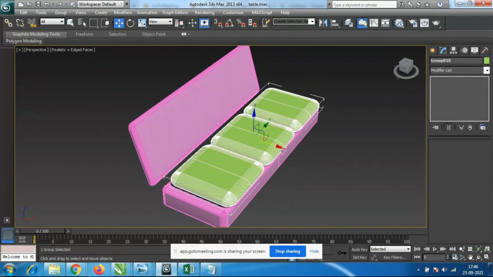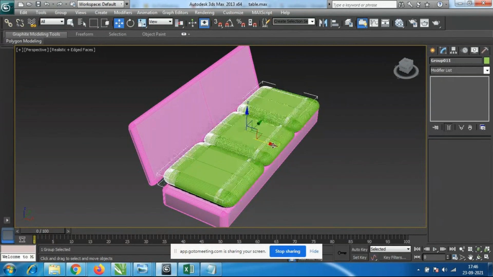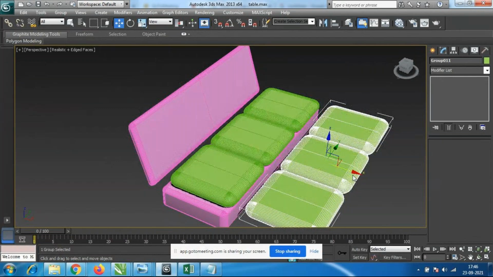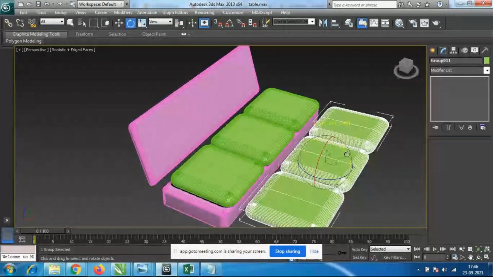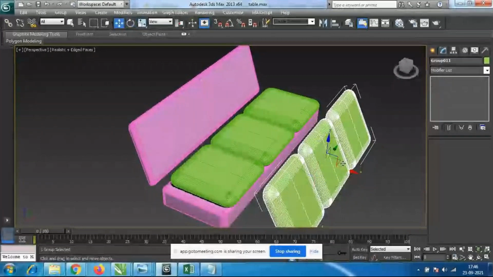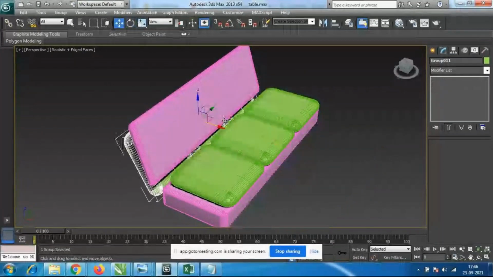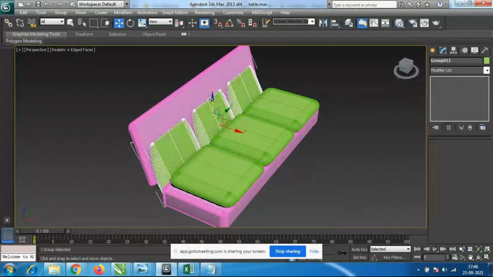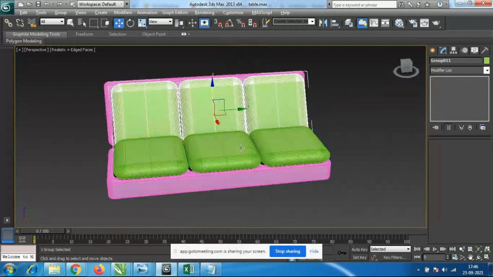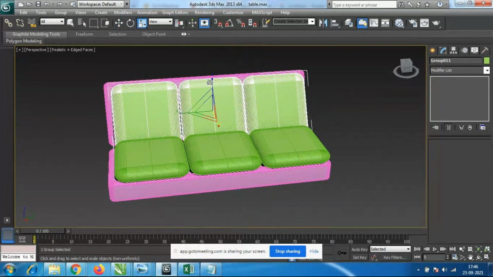Then I will take the copy of this. Okay, I'll take the copy of this. Just give OK and rotation. You will press E and the rotation like this. So this is a very simple design I have made. So I'll just reduce the height of this.